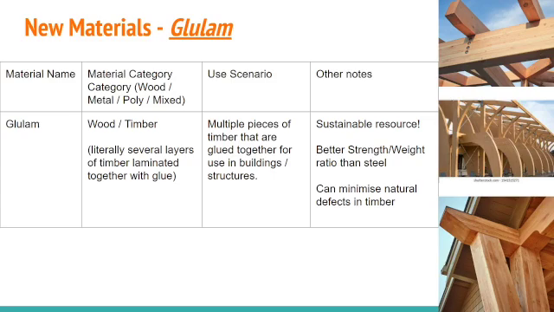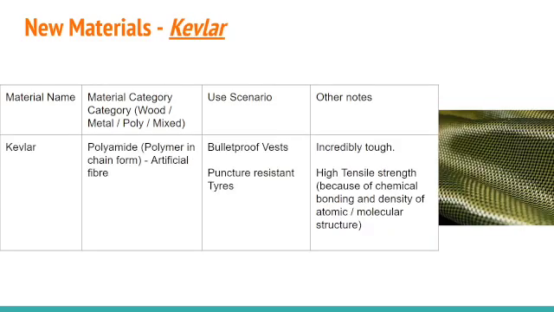All right, so let's look at the next one. Kevlar. Kevlar is something that you will probably know quite well. This was quite big in GCSE as well, so I'm not going to go too deep into it. But essentially, it is categorized as a polyamide, so it's polymers in chain form. So molecularly, they're chain linked together. It is an artificial fiber, and it's essentially woven fibers